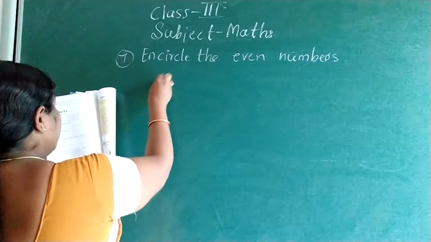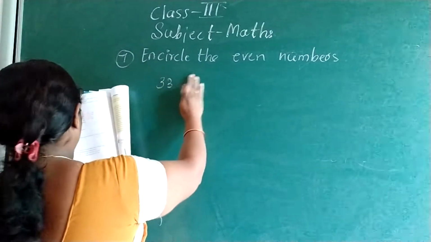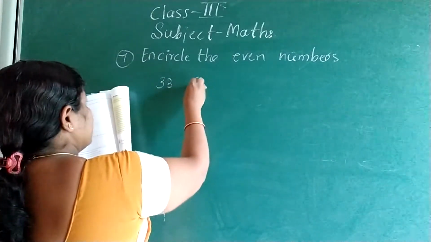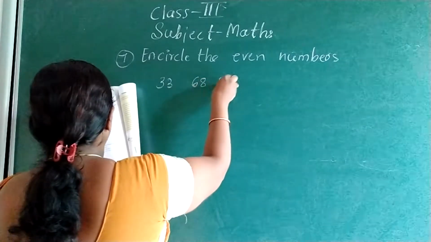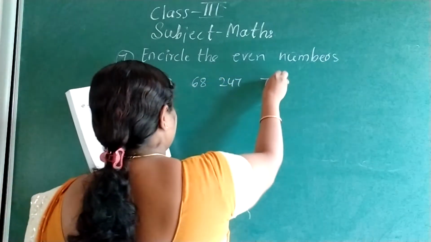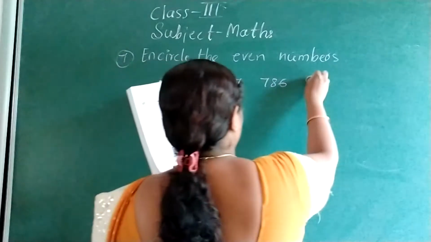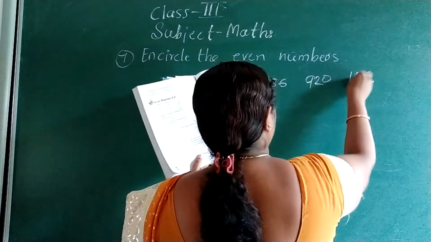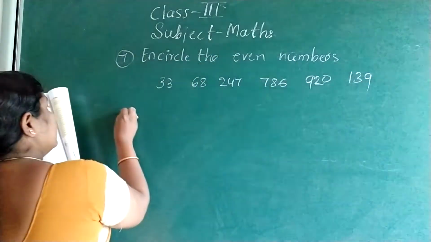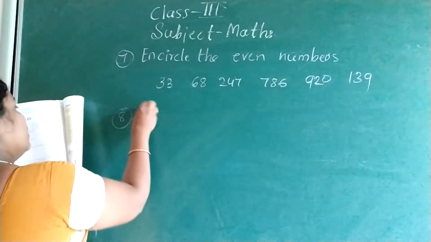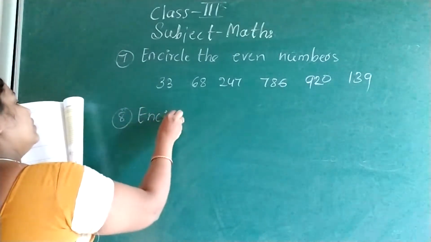So 33, 68, 247, 786, 920 and 139.8. Encircle